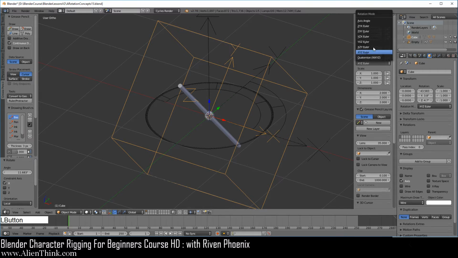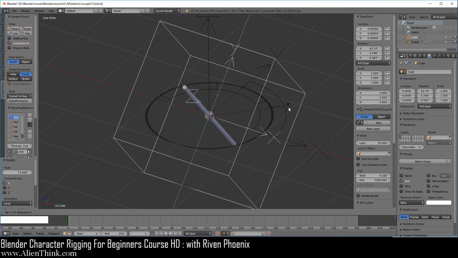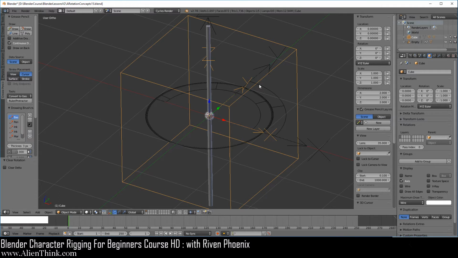When you come in over here, this is what Blender's asking you: which type of rotational system do you want to use to capture the rotation of this object? Okay, now here, of course, if you press the R key and press the Y key to rotate this around on its local Y, you can see that all the numbers over here are going to change, because the Y ring again is just simply the child of the Z ring. Now you've seen how this entire concept works when we're dealing with Euler rotations, because it's simply a ring-based system. I want you to do Alt-R to reset the rotation.